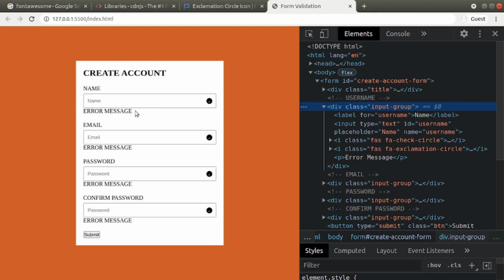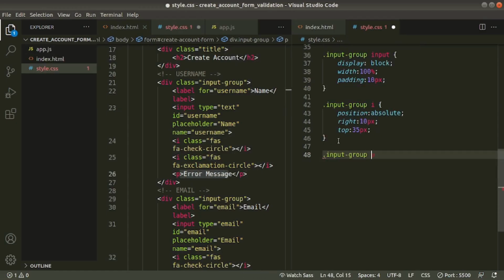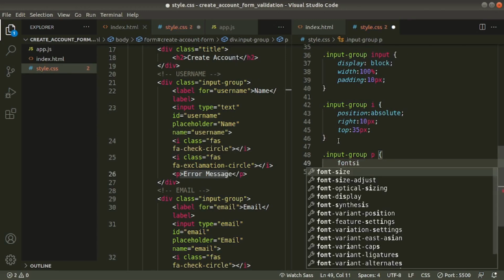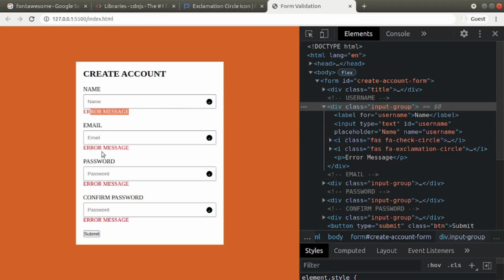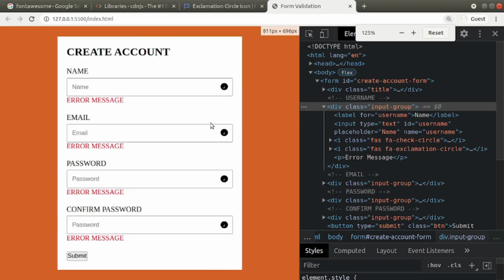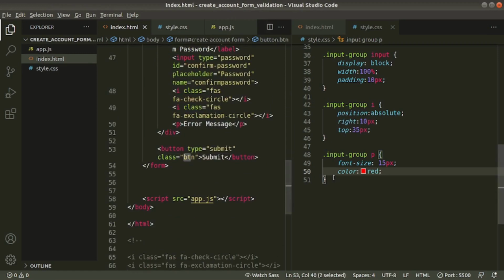Now we'll style our error message, this one. Okay, decrease the font size 15 pixels, text color red. Let's go and check. See, the red color. First I'll zoom in, Control plus, so that we can see it clearly. Finally, we have this submit button. We'll style this one. We gave a class name btn, this one.